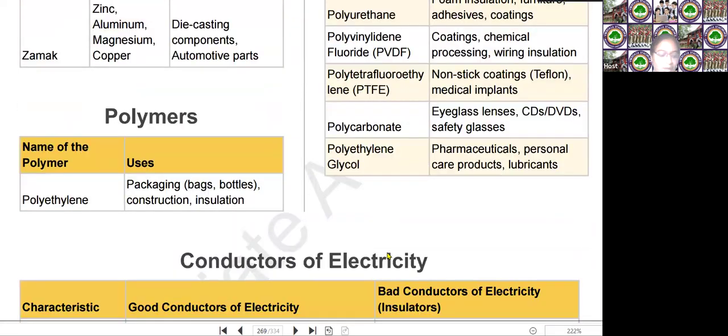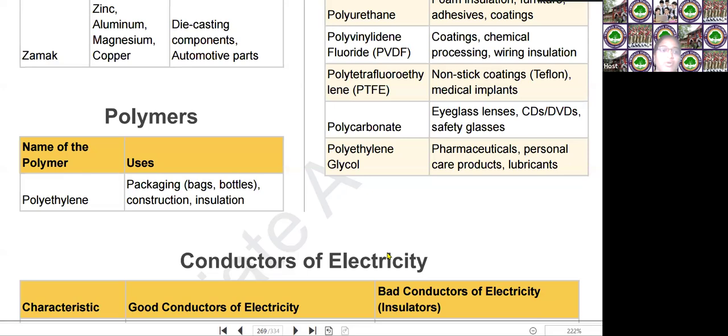What is a polymer? A polymer is a class of natural or synthetic substances composed of very large molecules called macromolecules. If the substance forms a single type of molecule, the same type of molecule, it is called a monomer, because it forms only single, similar molecule items. So polymers are formed with multiple molecules.